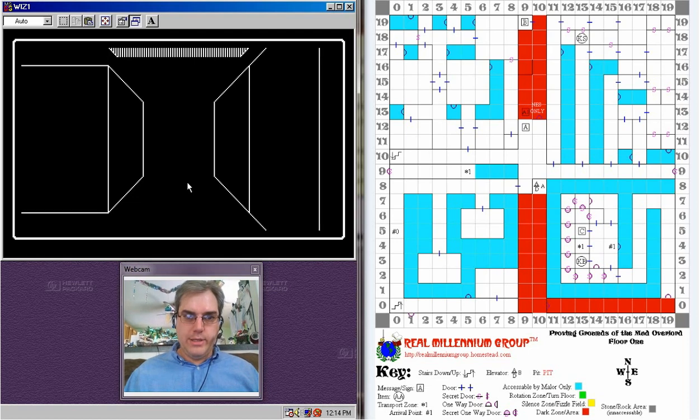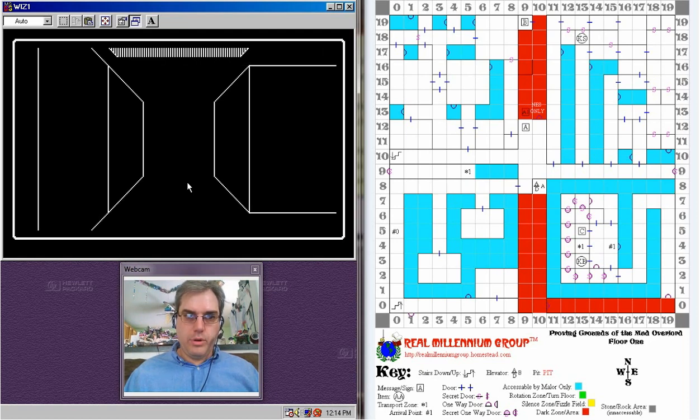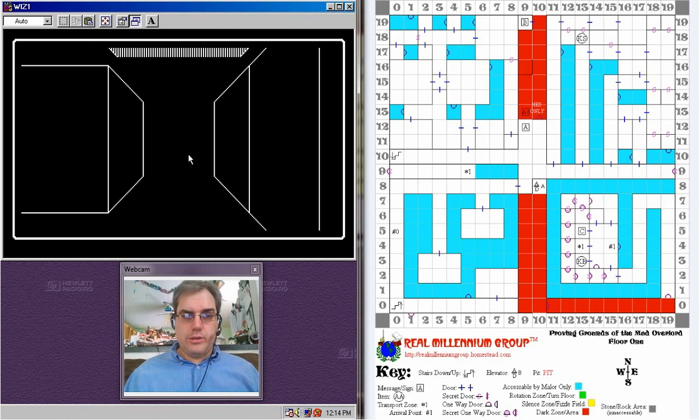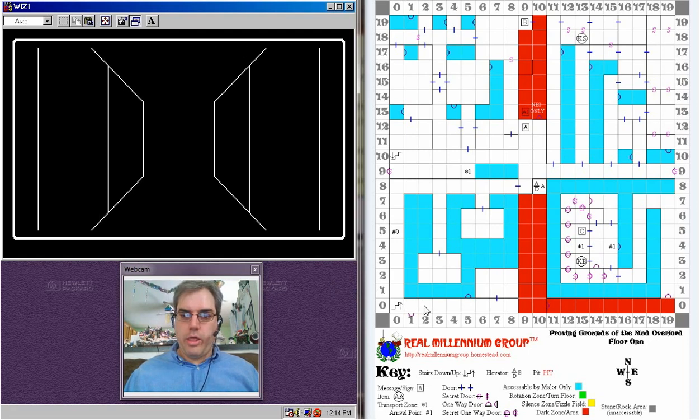So WASD is your movement keys. You can see A and D actually just turn you in place. W is forward. There is no backward, so you actually have to turn to go back. So that shows us our stairs. What I did, I turned to face that direction, and we are going there, then there, then there, then there, then there. There's a secret door there, which we can't go through. There. As you can see now, we can see a door.